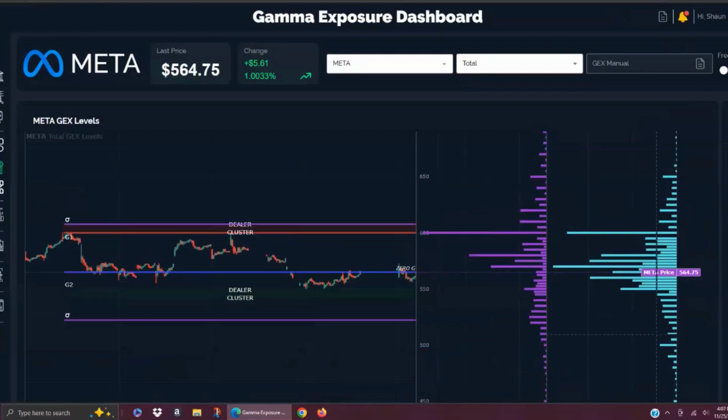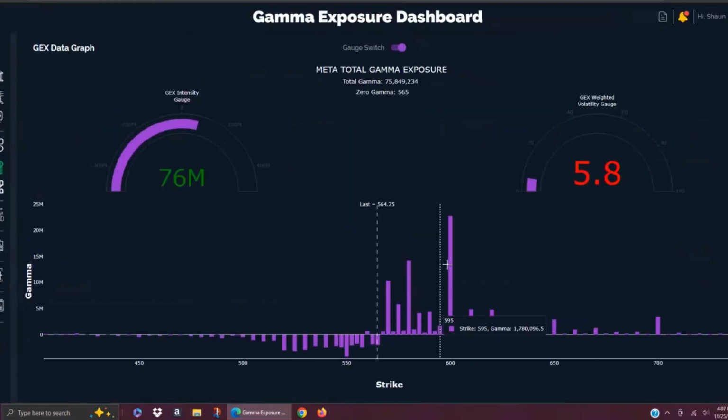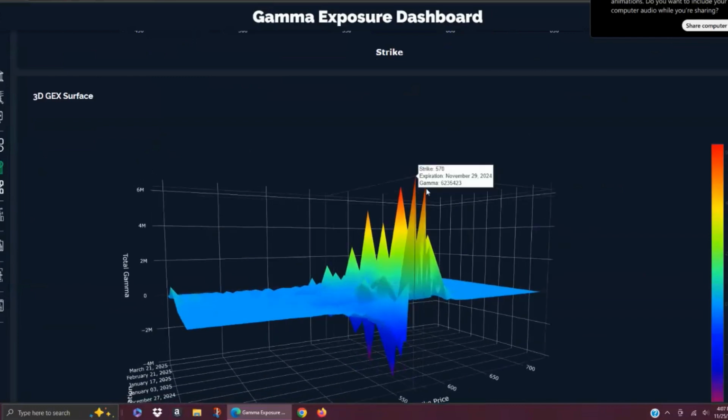So we'll scroll down and take a look at our total gamma exposure. We all see the 600 there, okay, and we see that 580 is basically the second largest positive GEX cluster. But if we look at the 3D chart, I'm looking at a lot of this positive gamma for this